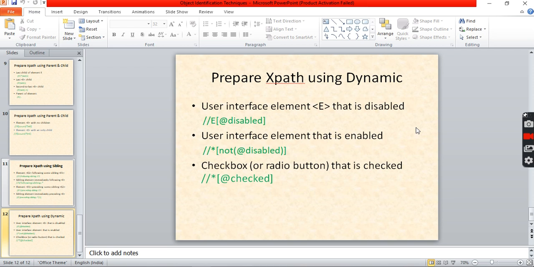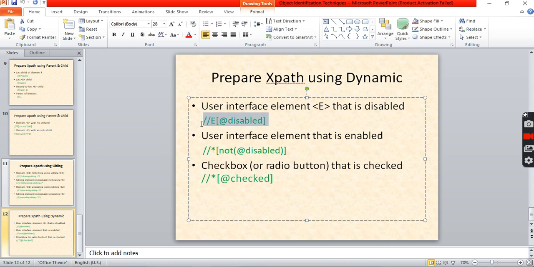In such a scenario, you want to verify whether the particular submit button is enabled or disabled. If you want to find the particular element, then you can use this one. I couldn't find any relevant site for this particular XPath, but you can learn it and use it. Maybe if the same scenario comes up in your project, then just use it, no issue.